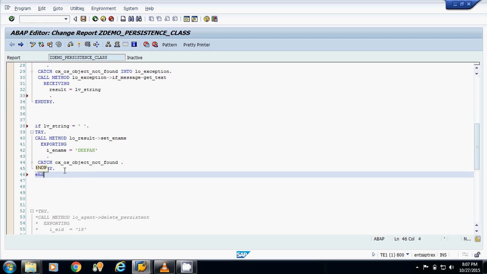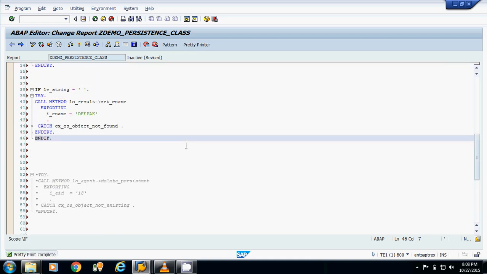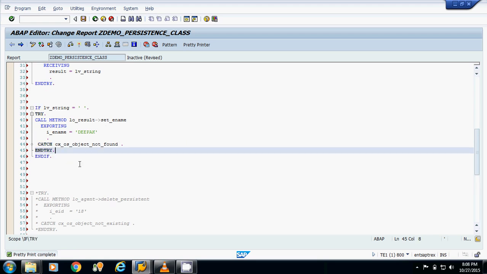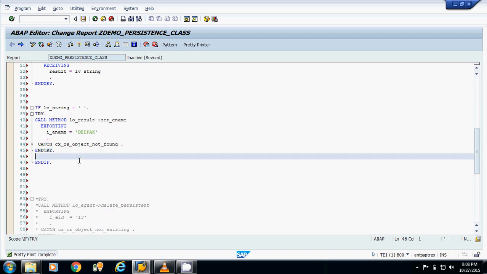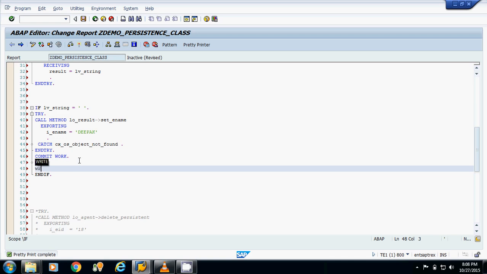In the else part, I will write the error message, which I am getting in the LV_string variable. In the if part, I will set the name to Deepak and commit the work if it is a correct employee ID.